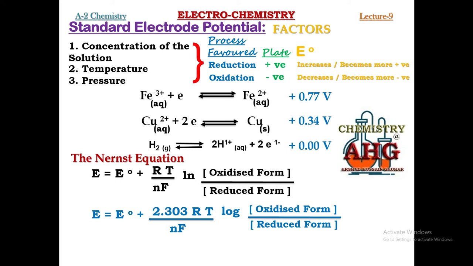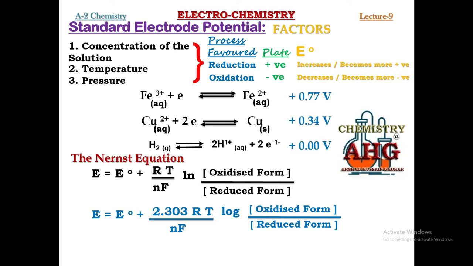So this is the logarithmic form of the Nernst equation, when we have converted the natural log form into simple log form. Now you must remember, you can use this form of the Nernst equation whenever the temperature is other than 25 degrees Celsius, whenever the temperature is other than 298 Kelvin. It means whenever we have been given a non-standard temperature in a numerical problem, we will use this form of the Nernst equation. But if in a numerical problem you have been given the standard temperature 298 Kelvin, then you can further simplify this equation and you can memorize that form of the Nernst equation.